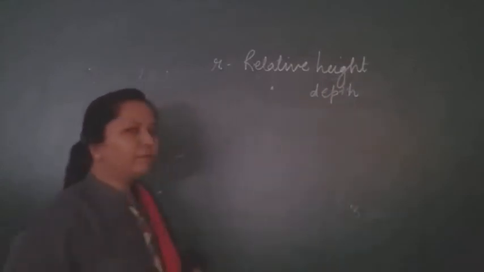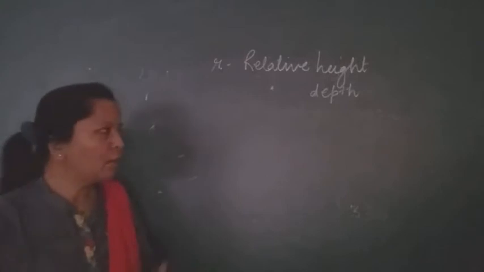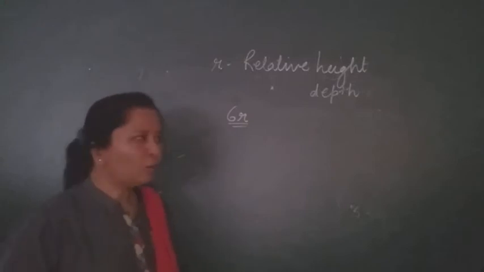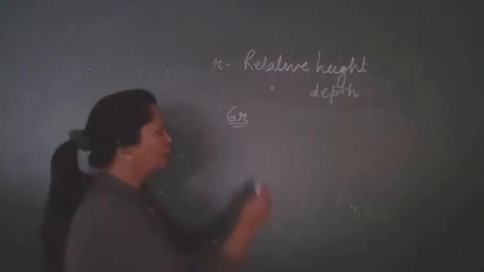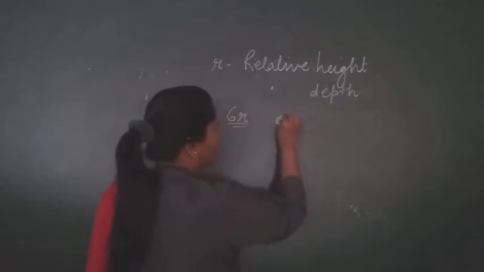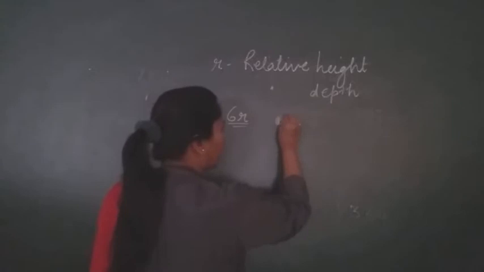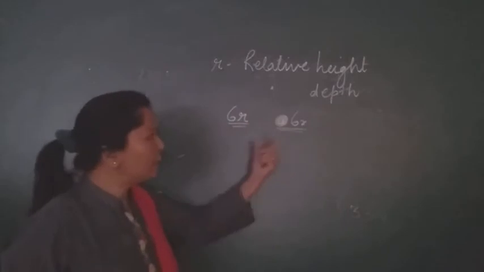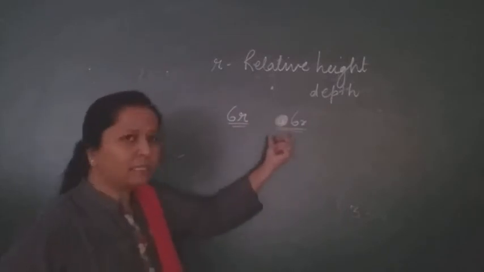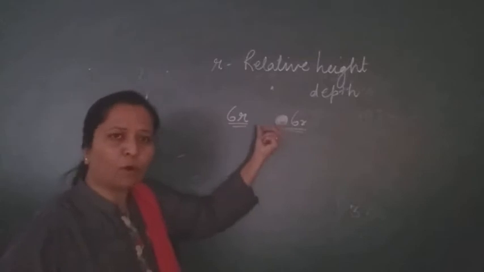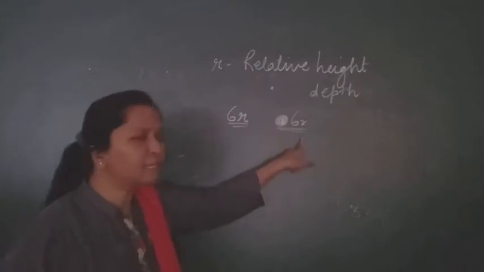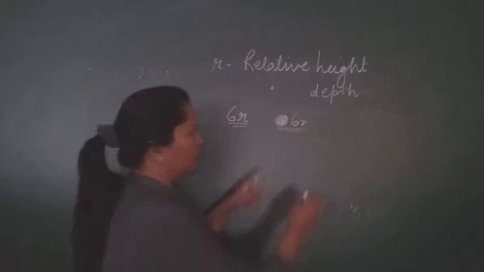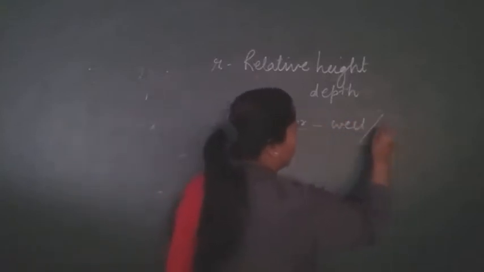Now, when we say it is a relative height or a relative depth, for example, if it is 6R, keep it in mind that if it is 6R and then a well is being given, a lined or an unlined well, blue in color, and it is written here 6R, what does it mean? That the relative depth of that particular place, or of that particular well or unlined well, is 6R.